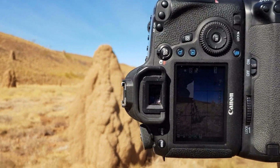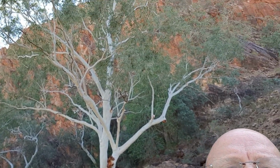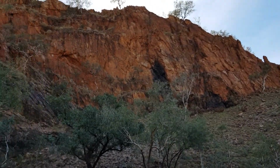And there we go. Well, we made it to the end of the track at Sawpit Gorge, and you may wonder why I'm standing next to a rubbish bin. It's because it's just a prelude to showing you this. Magnificent area. Bit of wispy cloud across the top of the hill,